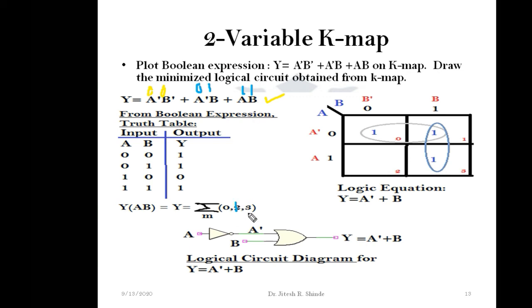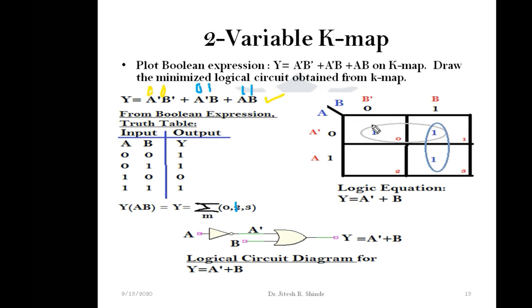The same is reflected in the truth table. On using the K-map, a 1 for 0 is placed here, for 1 a 1 is placed here, and for 3 a 1 is placed here. Now we need to go with a grouping. Can we form a group of 4 ones? No, because for 2 the output is not equal to 1. So the first group I have formed in the gray color.